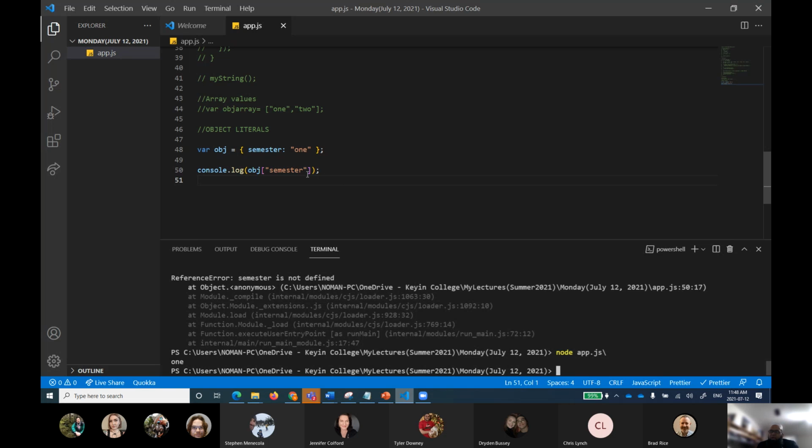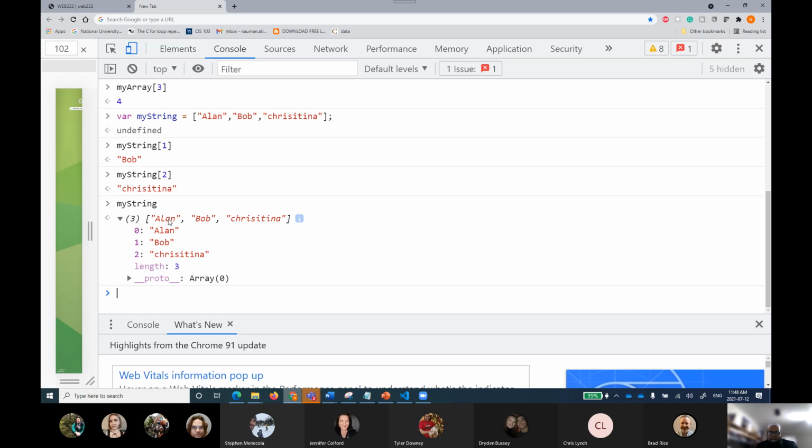Yeah. So first of all, please don't confuse this. When we have an array, we have indexes or indices to access each and every value. Step number 1, I'll go step by step. When we have an array, we have index numbers as the keys which map to different values. Again, Alan is mapped to key 0, Bob is mapped to key 1, Christina is mapped to key 2.